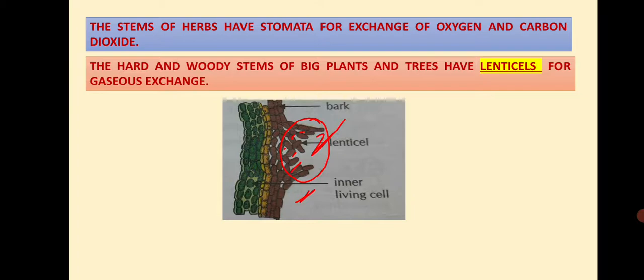However, during the night, photosynthesis does not occur. Only respiration takes place. So in plants also, respiration takes place for 24 hours, and for that the plants require oxygen. Clear? But the rate of consumption of oxygen is very much less than the consumption of carbon dioxide during photosynthesis. It's clear, everyone?